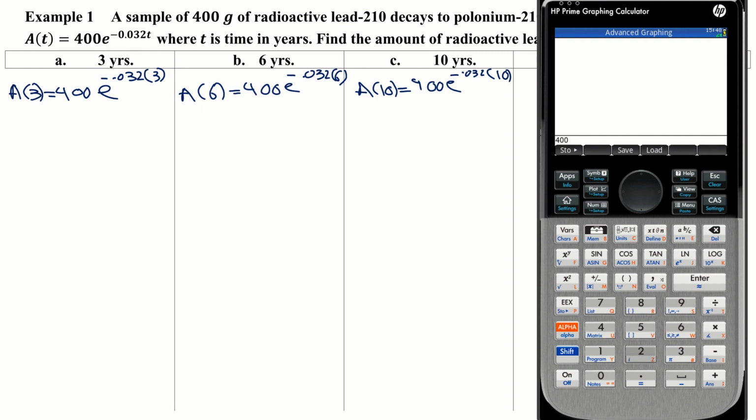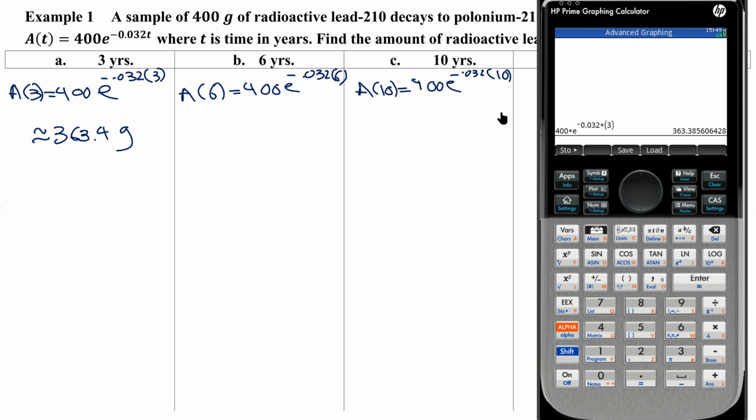And remember, a quirk of this calculator when you multiply by powers of e is that you have to put a multiplication sign, otherwise it doesn't work properly, it gives you an error. So we're going to go Shift ln, that gives us e to the power of, it's ready for the exponent, so we just put negative 0.032, and we're going to multiply by 3. We can just use the parentheses feature here and then just put 3. All right, so we can see that the amount left after 3 years is approximately